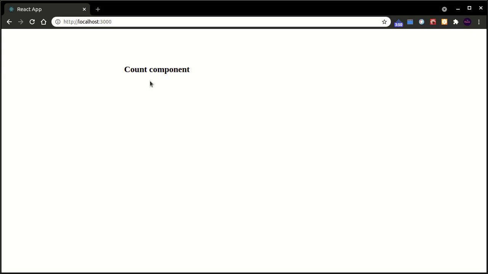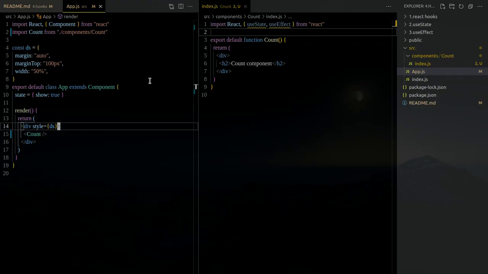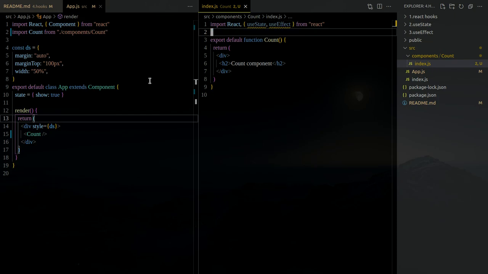Okay, now I just mount this Count component on the root component. So whatever